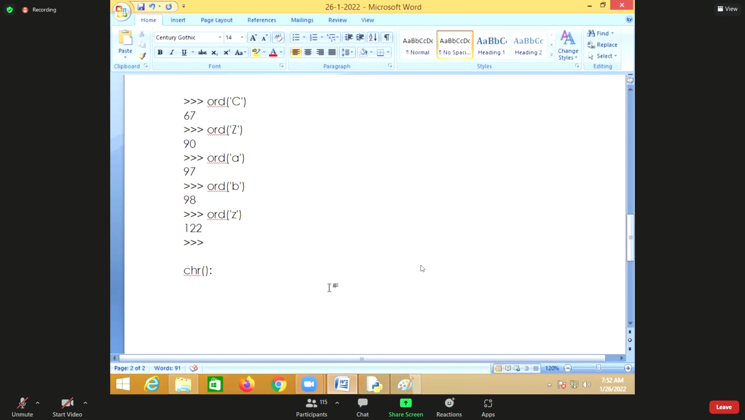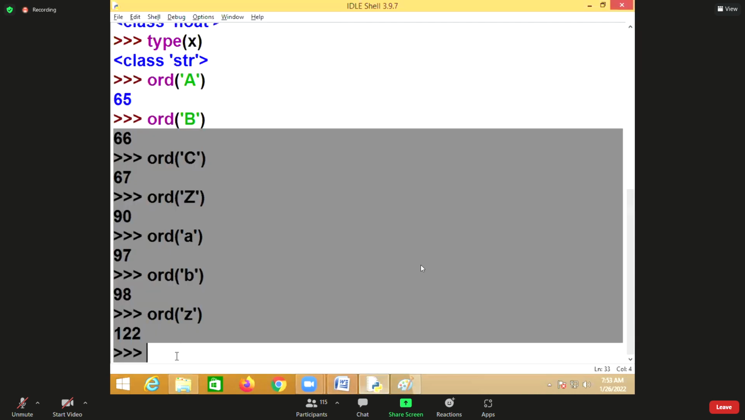It is also a predefined function of Python. This function returns the character value of a given ASCII value. That is done by using which function? The chr function. This function returns the character value of a given ASCII value. For example,